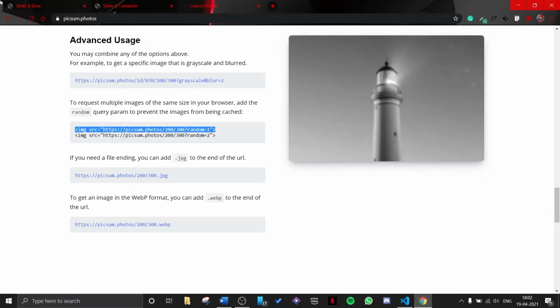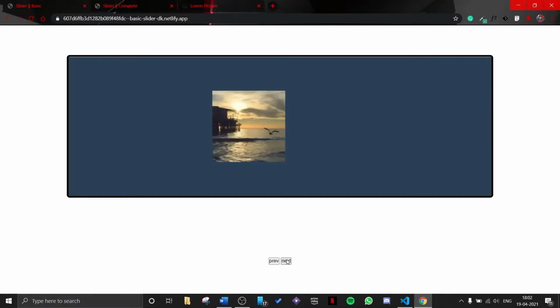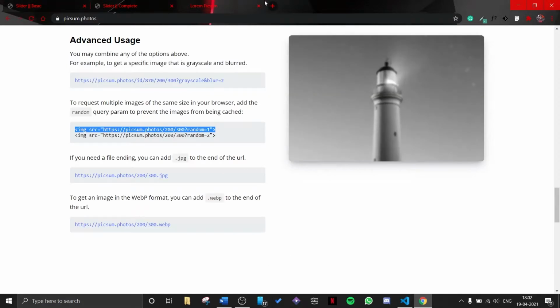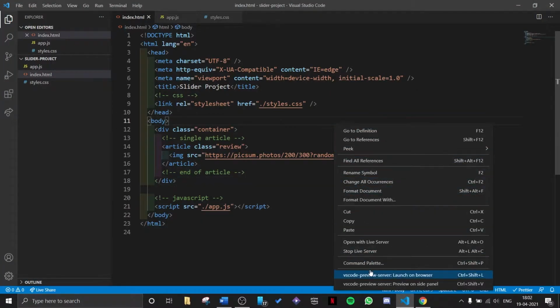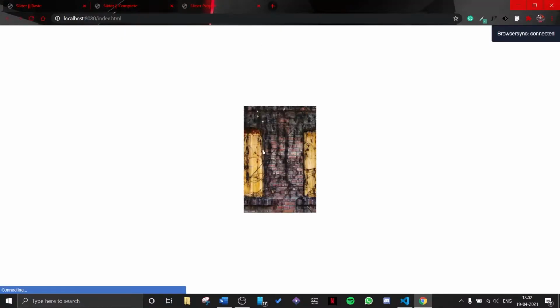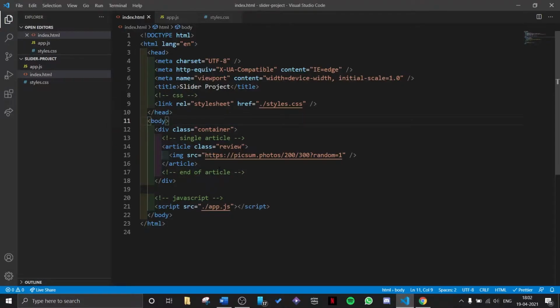And since I need 4 of these articles, like you can see right now, if I close this website and open my project with the live server, right now I only have one image because we only have one article. So we need 3 more of these.